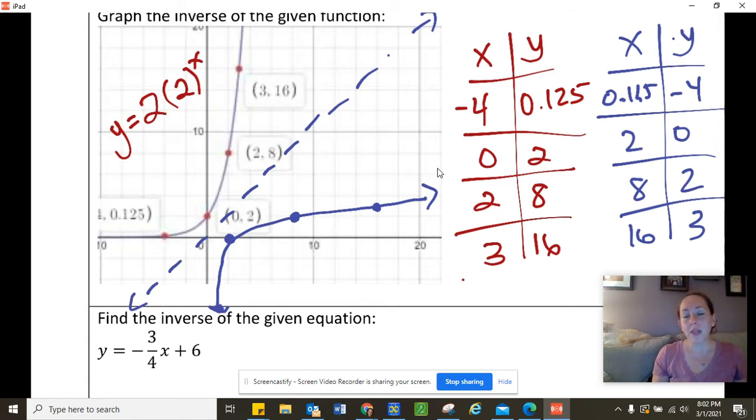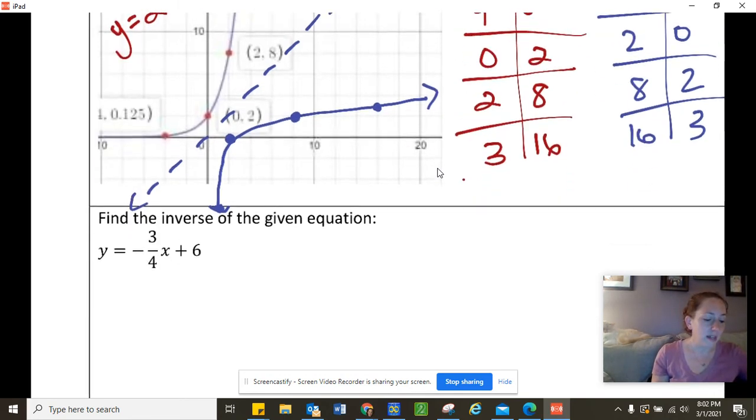Inverses are always reflected over this line. So if I folded the paper in half, my original function and my new function, the inverse, the points would all match up. So just a fun fact that might come up later in pre-cal and stuff. But anyway, cool. With an equation,